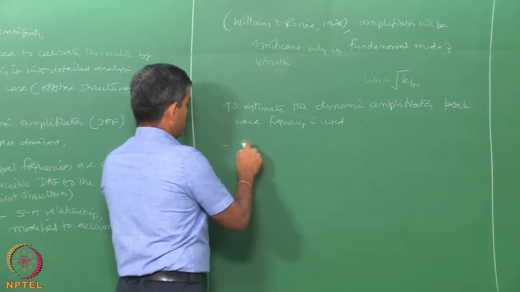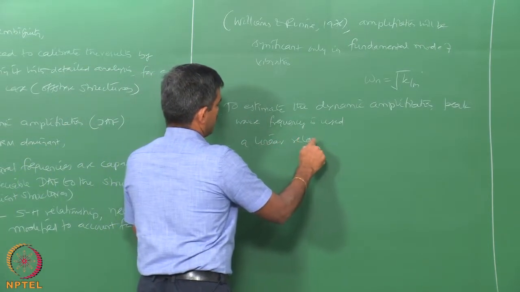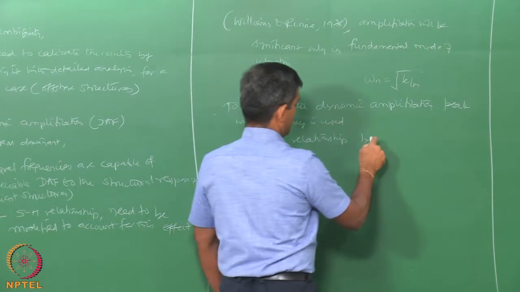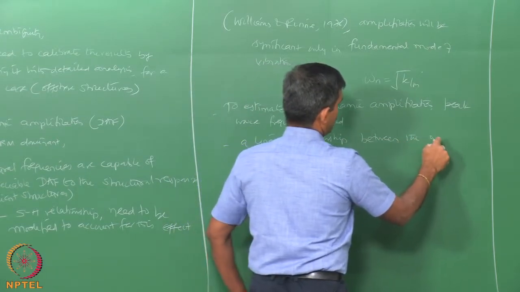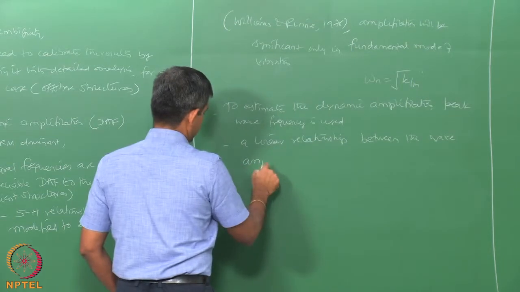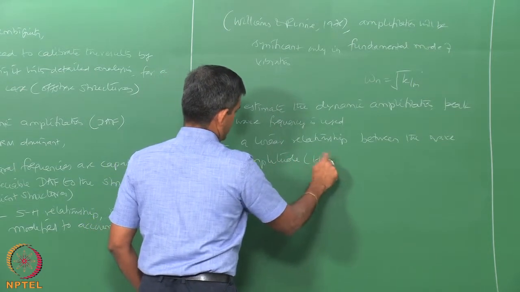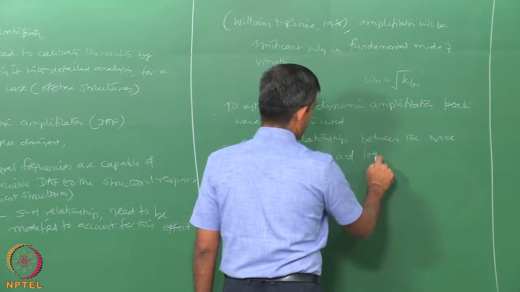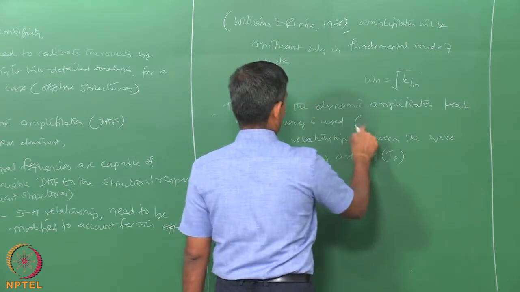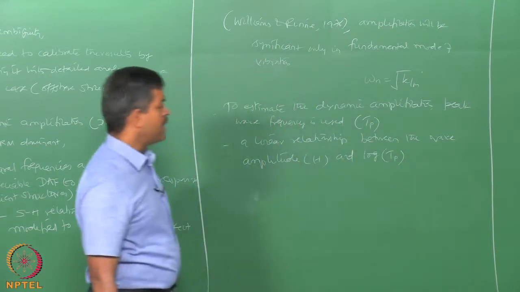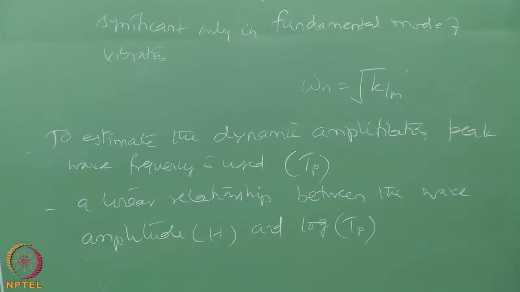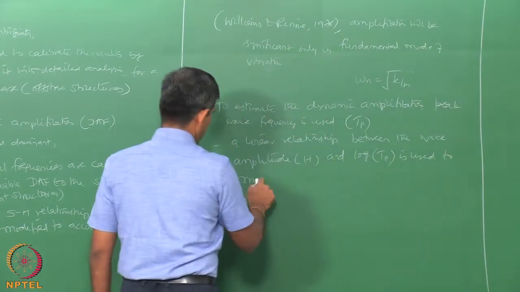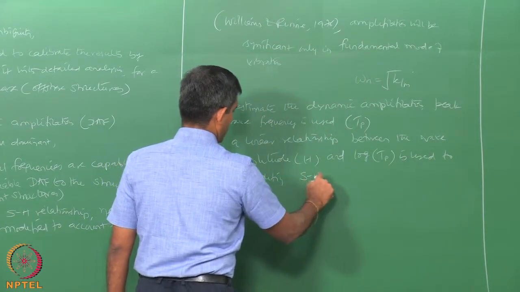Then a linear relationship between the wave amplitude, which is h, and log of this, let us say I will say Tp, peak period. Okay. Log of this is used to modify the so called SH